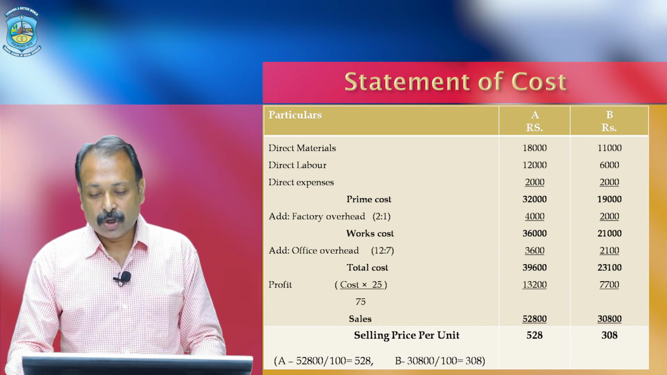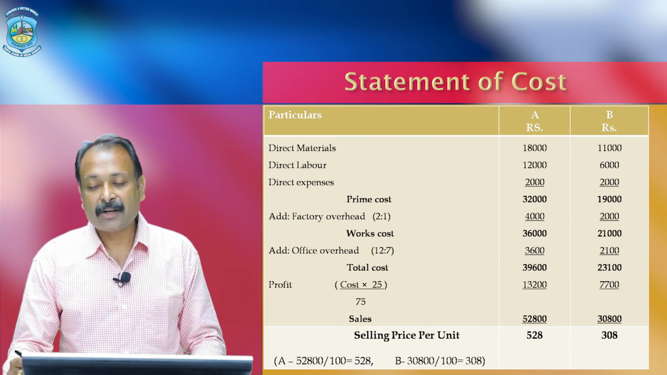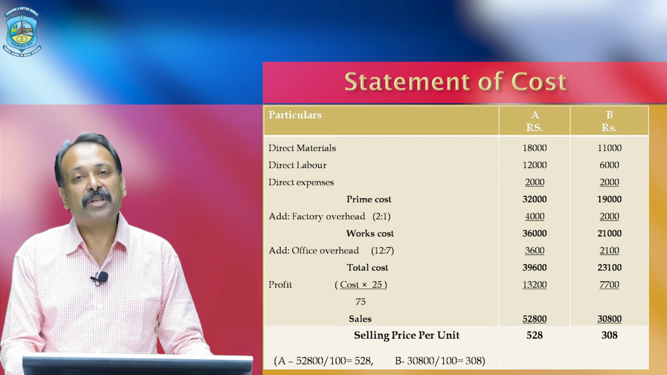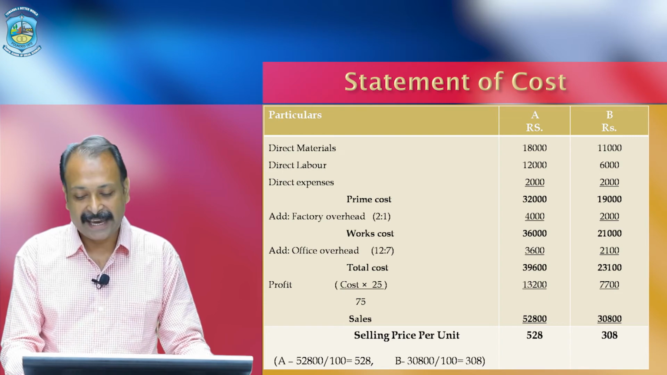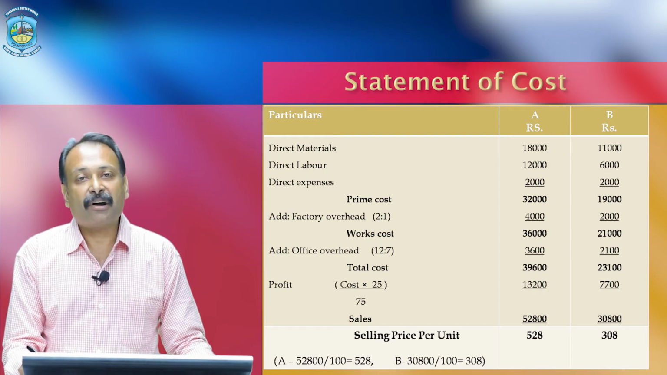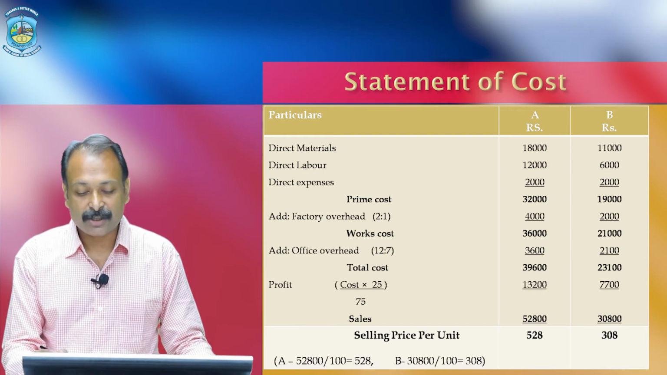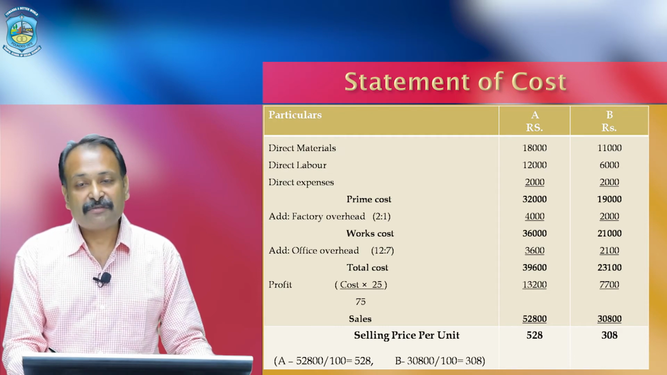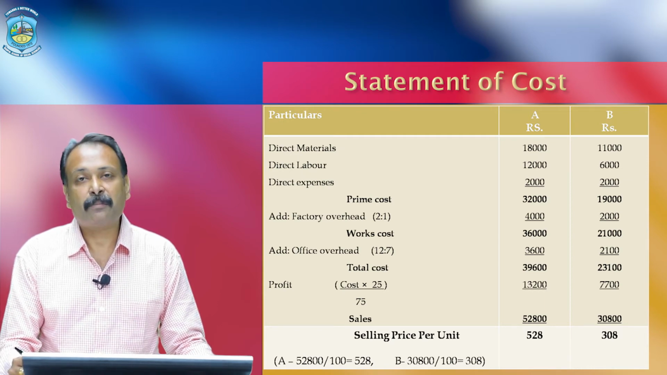39,600 is our total cost for machine A and 23,100 is total cost for machine B. When we calculate profit, it comes to 13,200 for machine A and 7,700 for machine B. We all know that profit plus cost equals sale price. So 39,600 plus the amount of profit, that is 13,200, the total sale price for machine A is 52,800 and the total sale price for machine B is